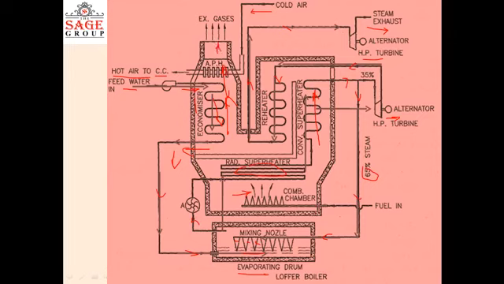So the main principle of working of this boiler is that we are eliminating the salt deposition, and it is because of the direct contact of the superheated steam coming from this channel with the water coming from the hot belt passing through the economizer. So the main heat exchange occurs in this section, which is the evaporator drum.